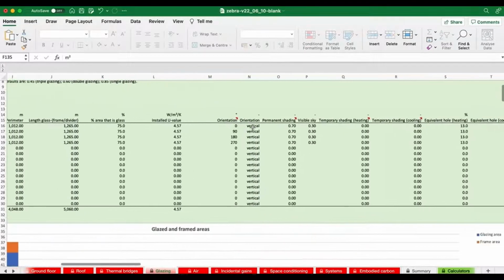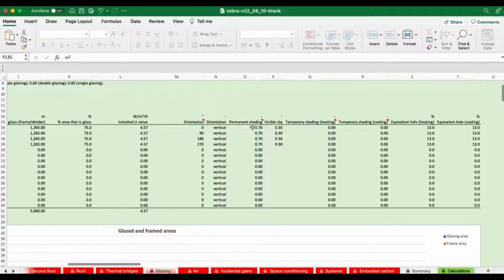Okay, and we keep scrolling over to the right. The permanent shading is going to take out 70% of the direct sunlight pouring in through those windows on average, and therefore only 30% of the sky is visible.